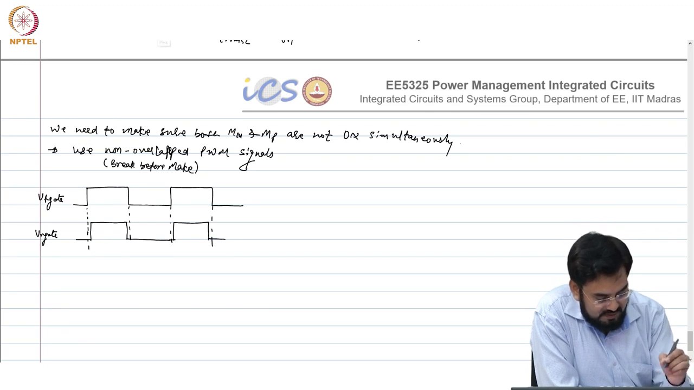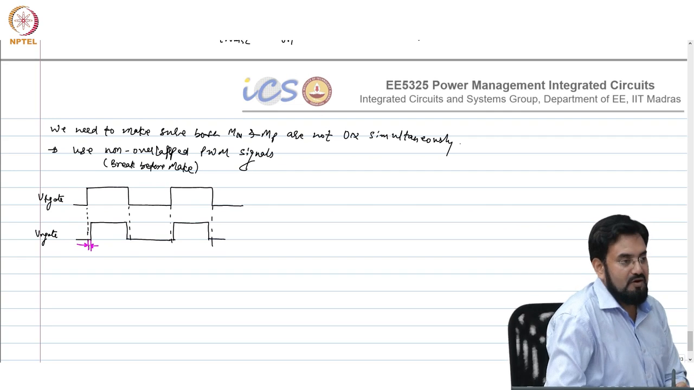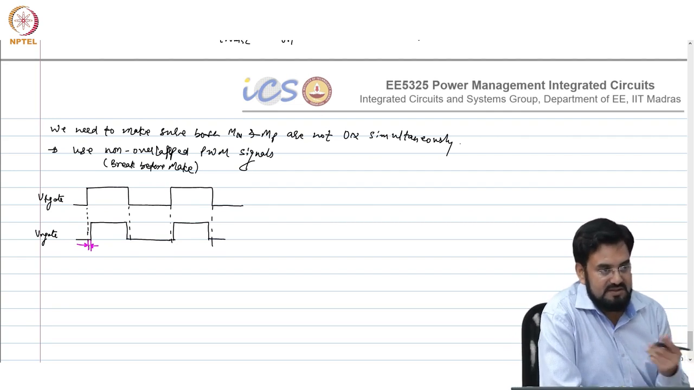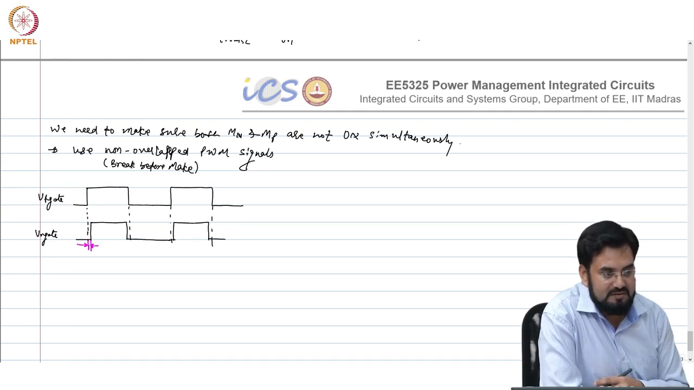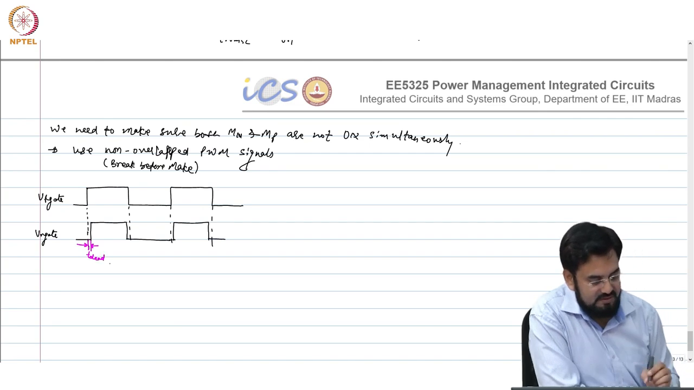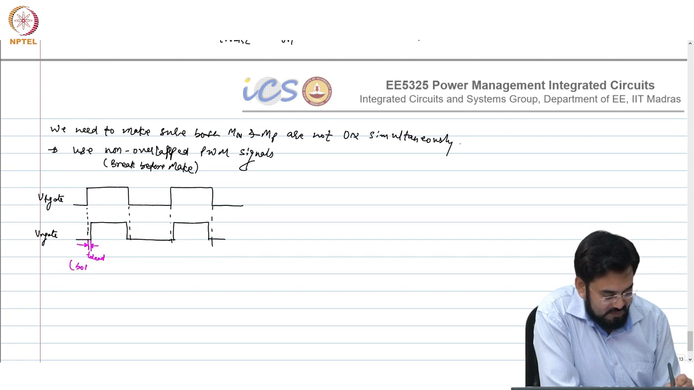So this is the time actually where both FETs are off. So your P gate is high, so that's a PMOS, so that is off, and N gate is low, so both FETs are off. And this is called TD, or I'll call it T dead. Both